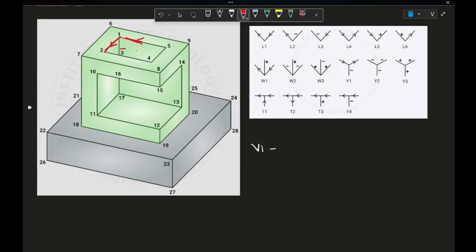But there is no such thing over there. In the given W1, W2, W3, whatever is with arrows at the side edges has plus inside. There is no minus, because whatever has an arrow is plus. And this one is not a W, that's a Y junction. So it can't be, I mean,